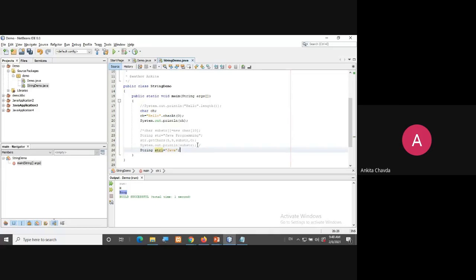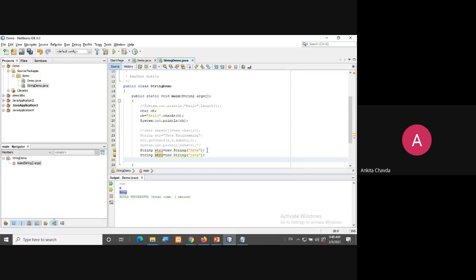I'll show you the difference, what the problem is. I'll create the object right now and pass over here Java. By this way also you can create the string and directly give like this, then also it will work. Then string str2 is equals to new String, and I'll give over here Java.